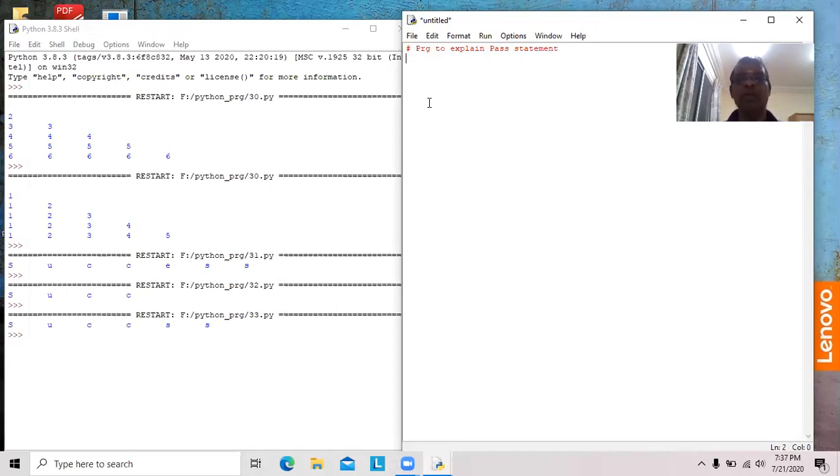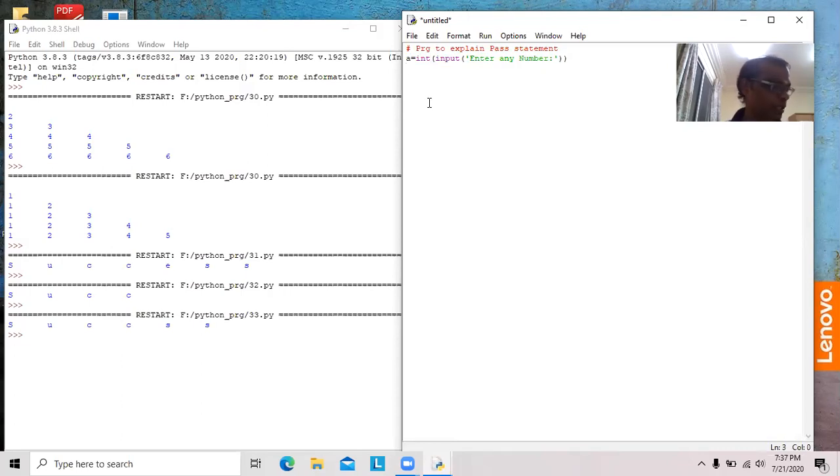So our aim is to find non-zero numbers. We have to get one number and find out whether it is non-zero, other than zero. We don't want zero. So I would like to get one number here: a equal to int input, enter any number.